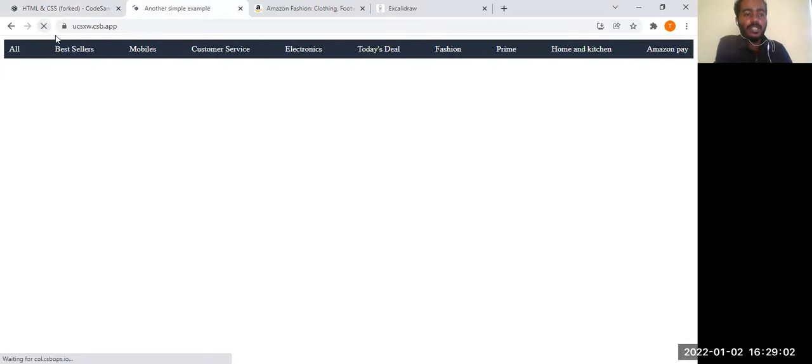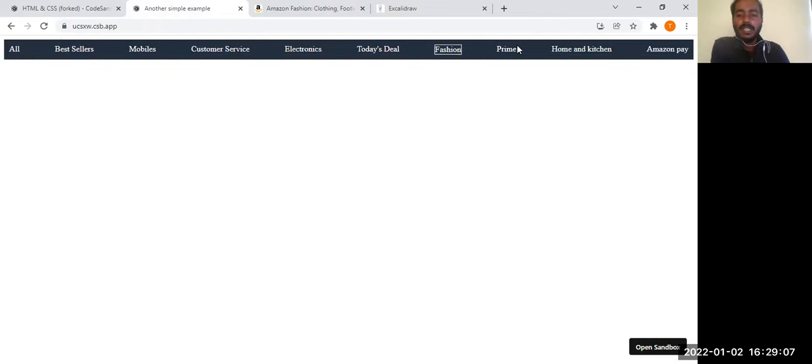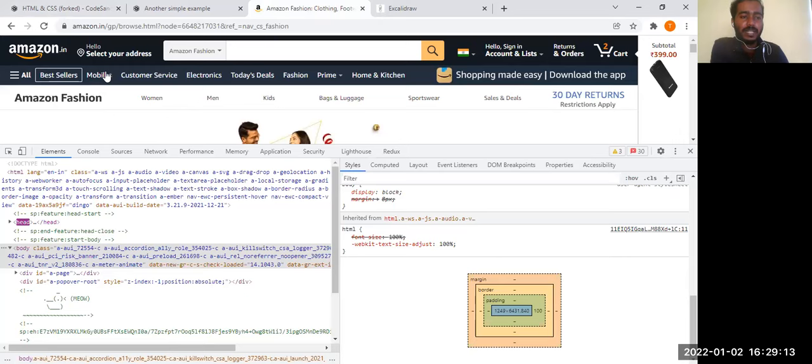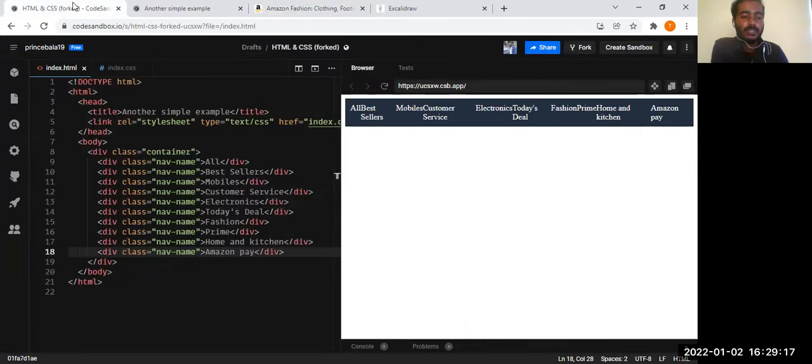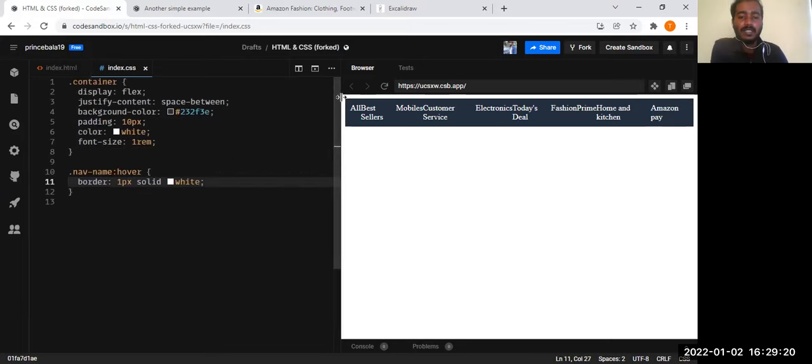Now if you see, on hover on each element, we are getting this border. There is some spacing here, we will fix it later. So this is done. We have just added a border to all these things.